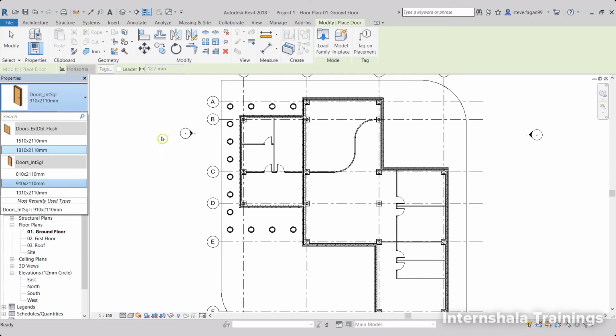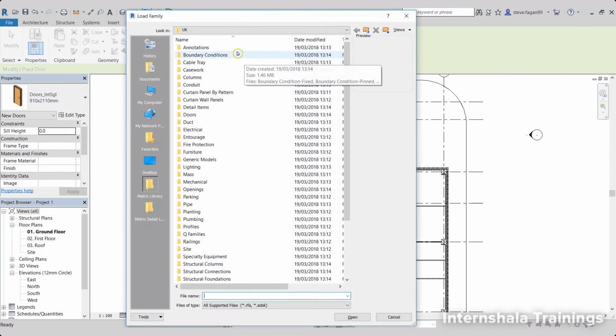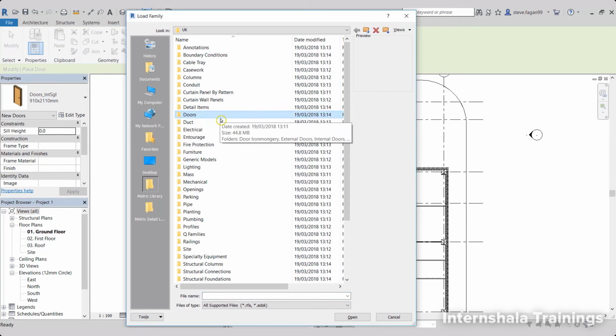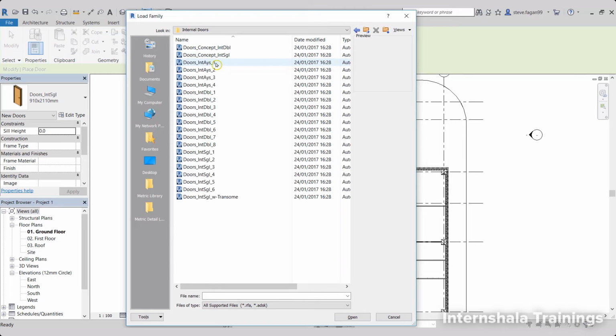So to do that, we'll go to Load Family. Then we'll scroll down to our Doors folder. We have 4 different subfolders. There's our door ironmongery, so that is our doorknobs, hinges, and so on. Next are the external doors. There's our internal door folder. So if we double click on the internal doors,